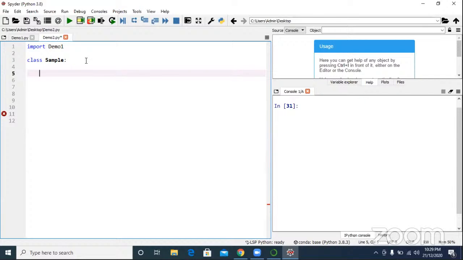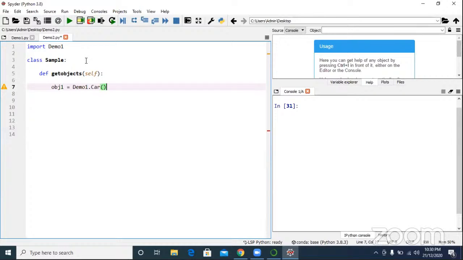Okay. Now what I'm going to say, I have a class sample. Definition, get objects. What is the function name? Get objects. Okay. obj1 equal to demo1 dot core.